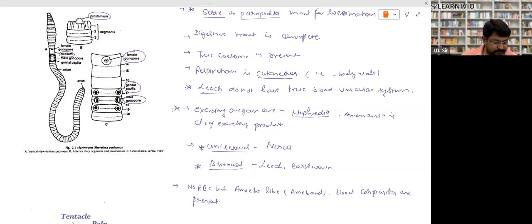Next point. Excretory system. Excretory system means like kidney. We have the excretory system, kidney. The use of the excretory system is that it removes waste material of the body. Excretory system is made up of nephridia. It is written over here. Excretory system is made up of nephridia,